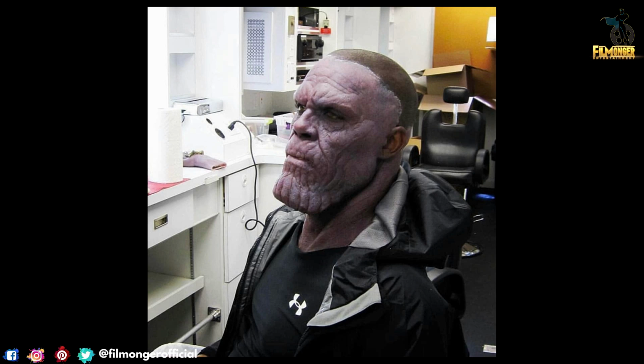Thanos is probably one of the most fearsome villains in the MCU, and after his Infinity Gauntlet Snap wiped out half of the universe, and before the baddie got his CGI makeover, Thanos had a pretty more humble look. A behind-the-scenes pic from 2012's The Avengers has shown the original makeup for Thanos for the first time